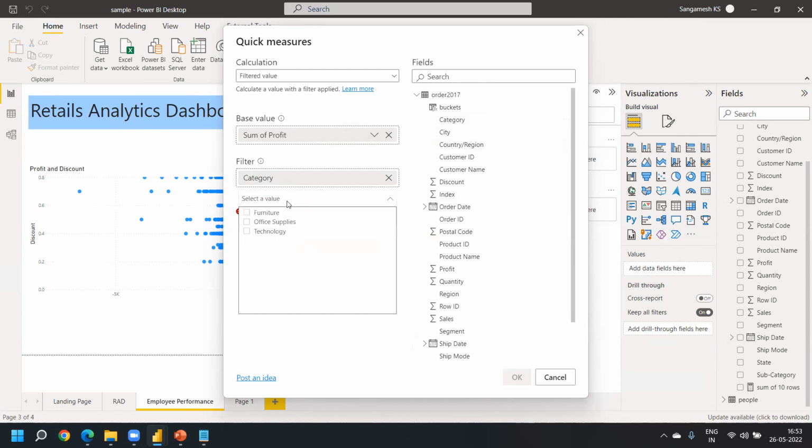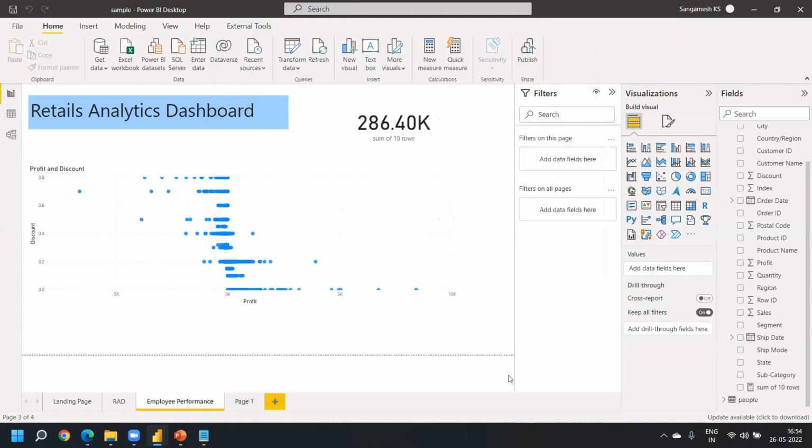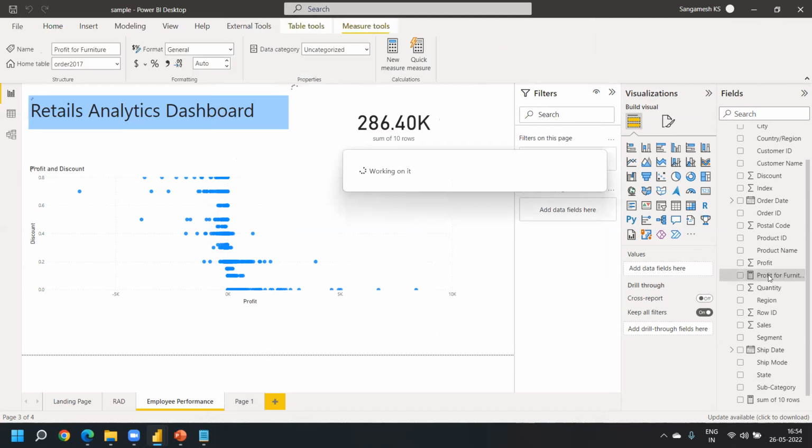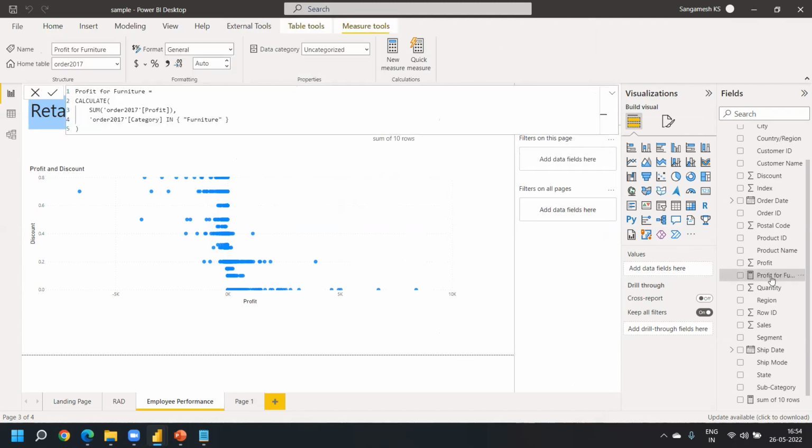हाँ, सेलेक्ट वैल्यू। मैं यहाँ पे बोल सकता हूँ कि मुझे सिर्फ वो कैटेगरी चाहिए जिसमें कॉर्पोरेट नहीं है। आपने देखा, कैटेगरी में फर्नीचर, कॉर्पोरेट और टेक्नोलॉजी, ये 3 हैं। तो मैं फर्नीचर सेलेक्ट कर लूंगा और क्लिक कर दूंगा। अभी ये जो नया डैक्स बनेगा, इसमें प्रॉफिट बाय फर्नीचर है।